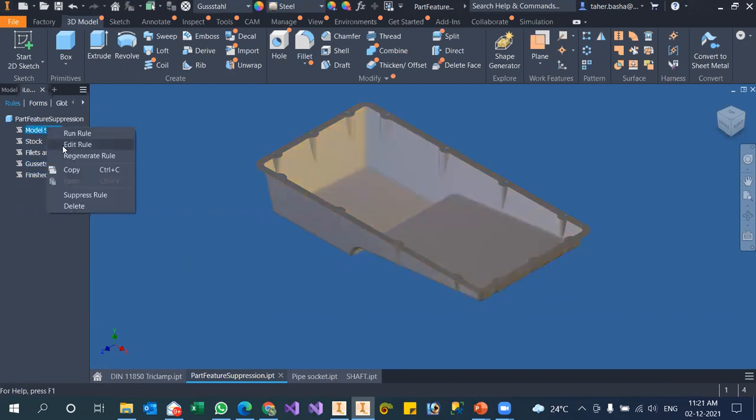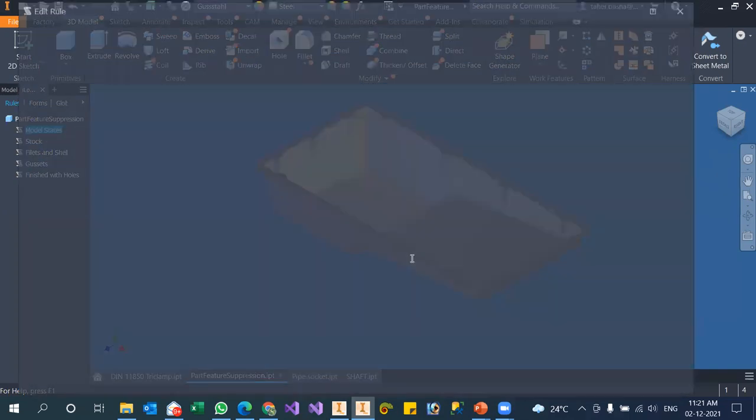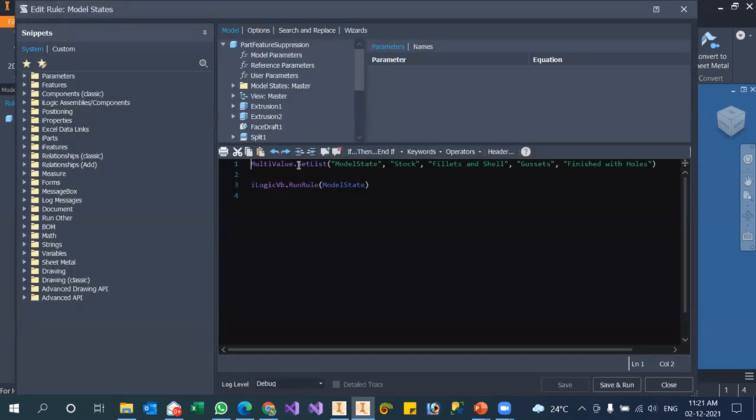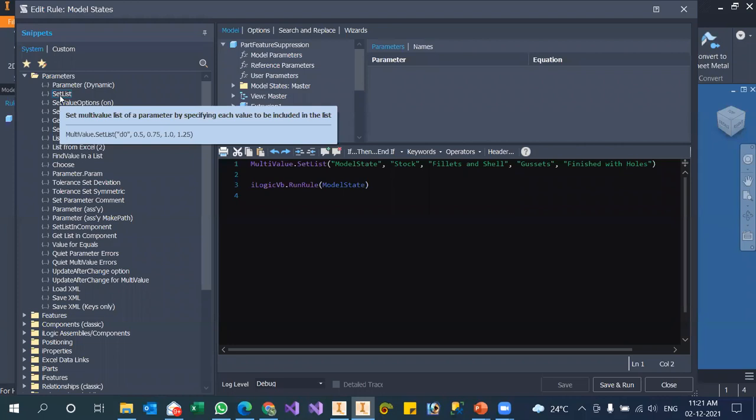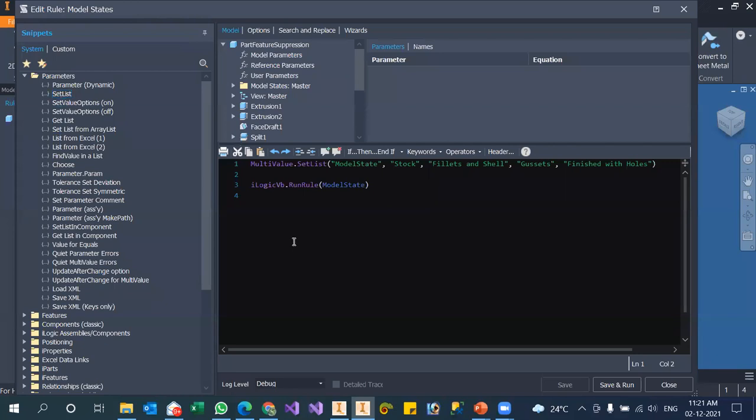Let me show what we have written inside. Just open this and you can see multi-value dot set list. So this can be brought from this. You have to just click this one. You see it has got all details also. Set multi-value list of a parameter by specifying each value to be included in the list. The description is given here. Just place the cursor and double click. It will add it. You need not worry, or memorize, or take a note.